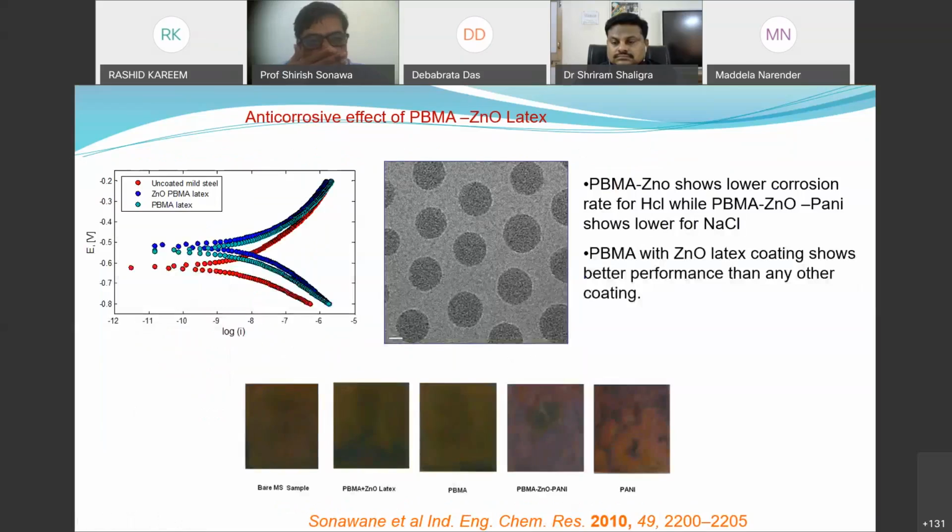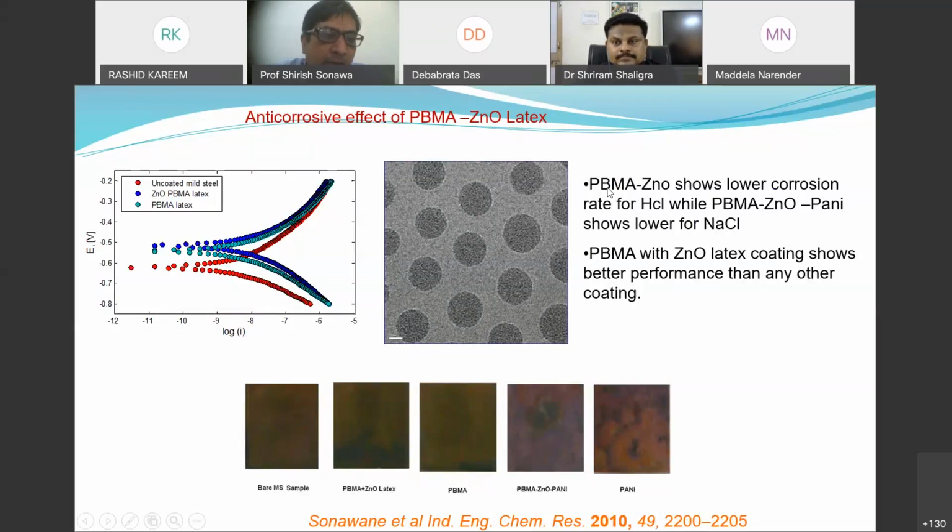This is the second example I mentioned, corrosion inhibition coatings. To the same latex, we can add inorganic particles. You can see the latex has been prepared almost uniformly using ultrasound. In this one, zinc oxide particles have been encapsulated into each latex, and this gives you a corrosion